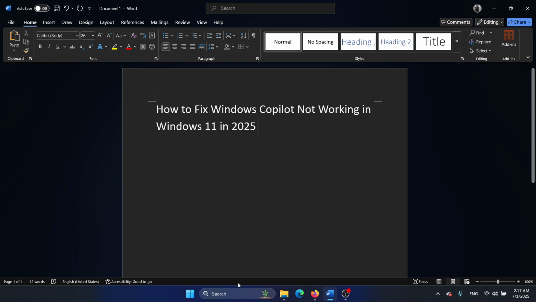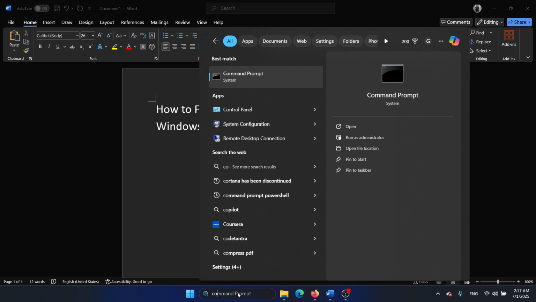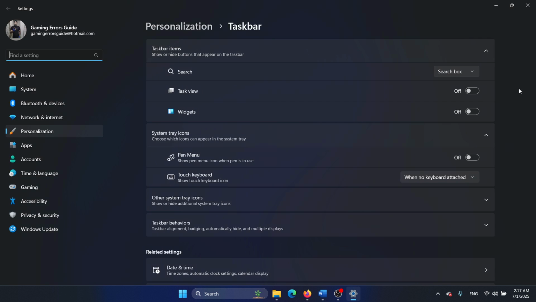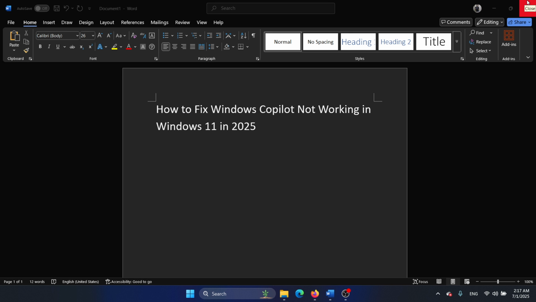Now here's the thing. I searched for Copilot in my search bar. I didn't find it. I right clicked on the taskbar and went to taskbar settings. I did not find it. So basically, I do not have Copilot on my system by default. If I update my computer and restart my computer, Copilot will be gone because this is the new update for